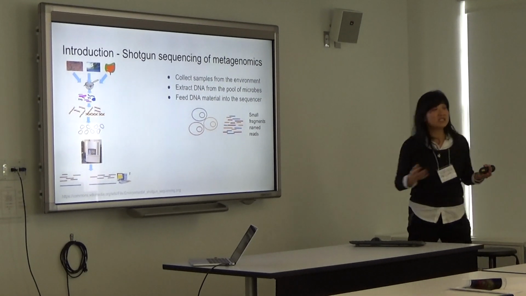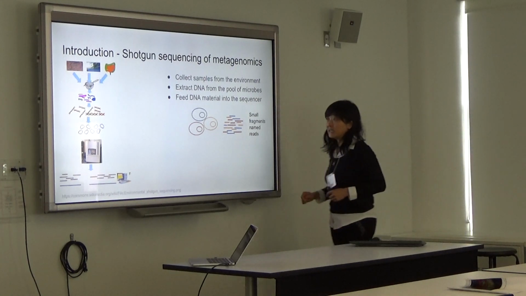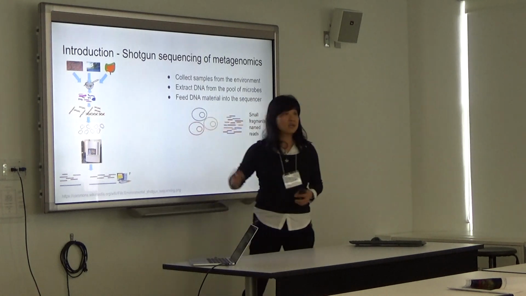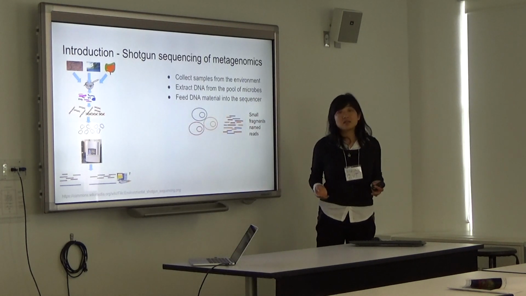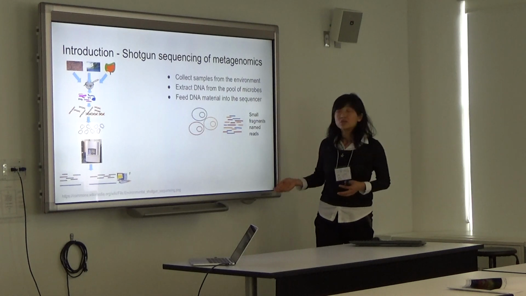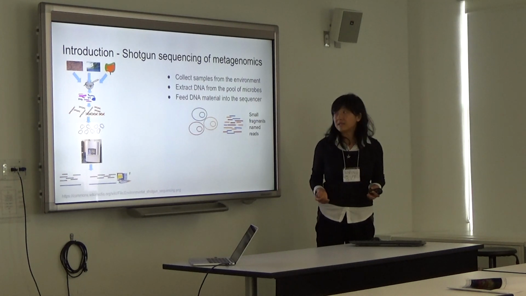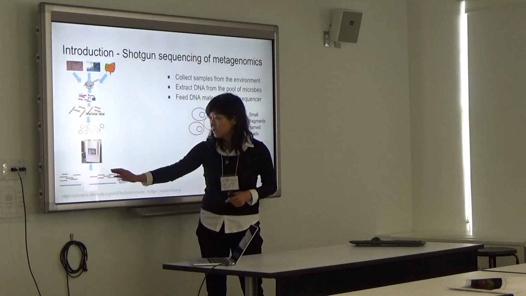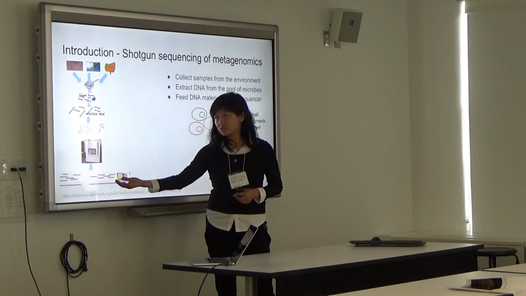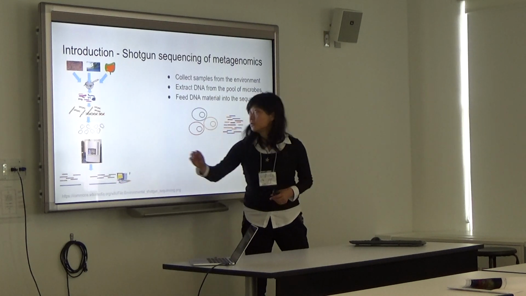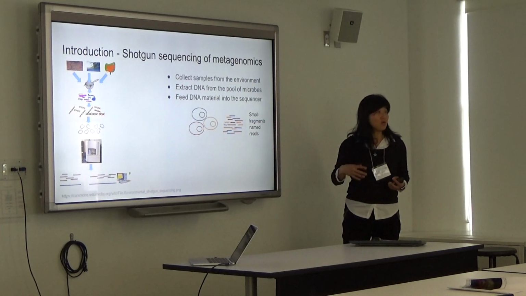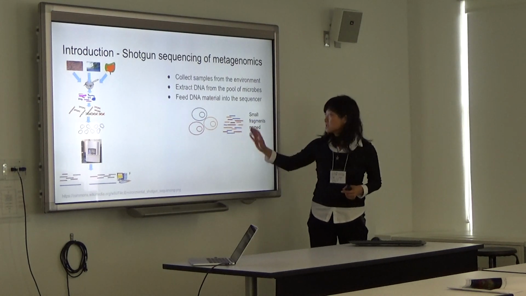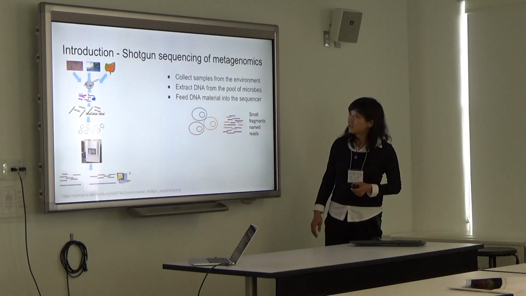DNA sequences, ATCGs, right? In short reads, lots of them, hundreds of millions of them. So it's big data. Easily, we regularly handle 100 gigabytes or terabytes of data. Once you generate these DNA sequences through the sequencer, it looks like this string of ATCGs, and then it goes through the computational pipeline to annotate them. So you have these small segments, and you can annotate them